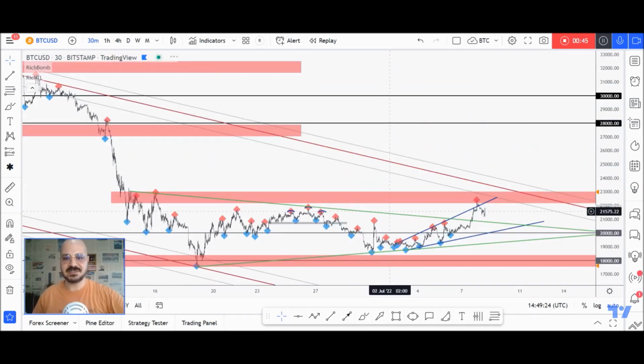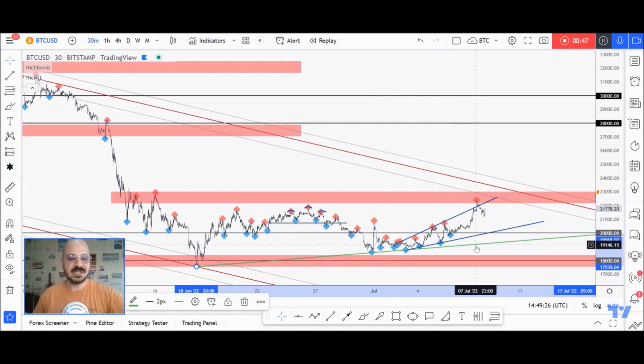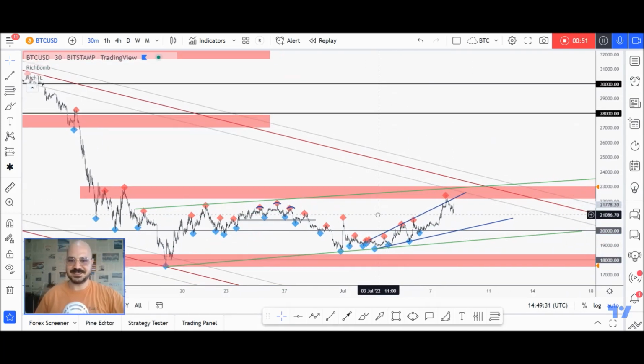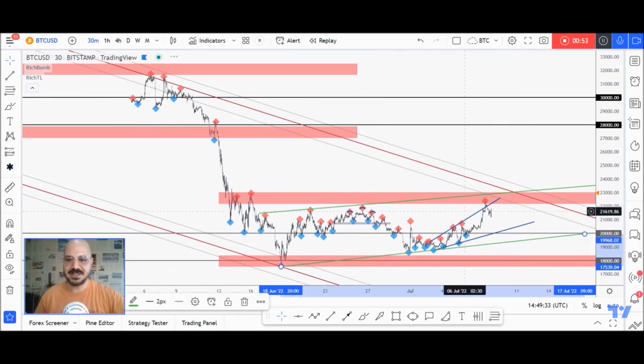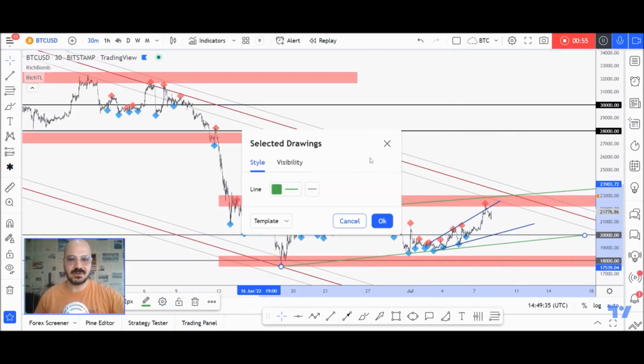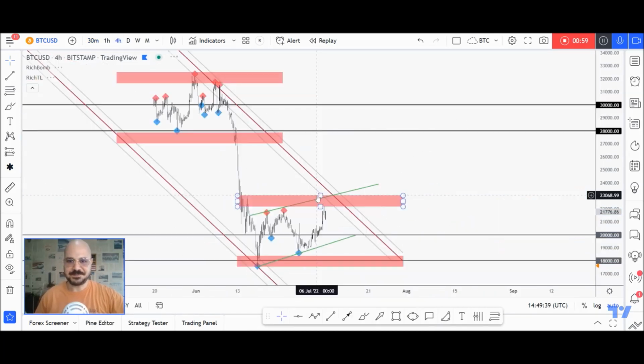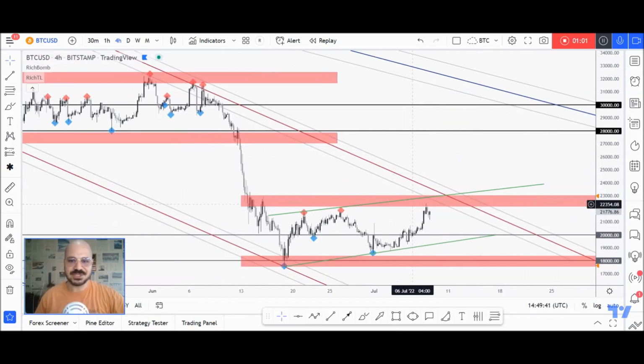Since we broke above the symmetrical triangle, let's delete it and follow the price action. So let's engulf it with this channel, right? So now we are trading inside this channel. We can see it even better from the H4 time frame. Let me show it to you in a cleaner manner. Here we go. So now we're approaching the upper band, which is obviously the upper brown trend line,